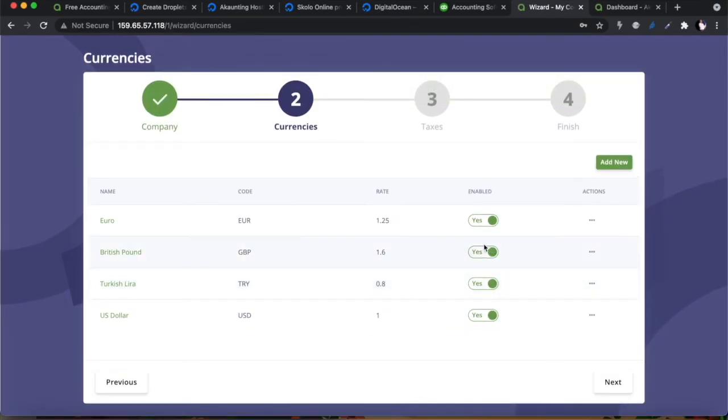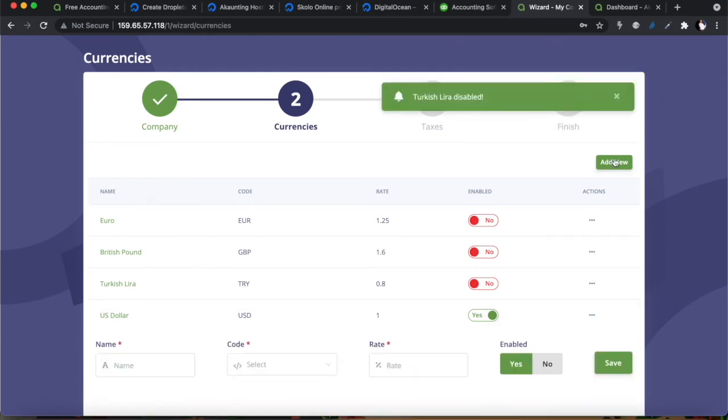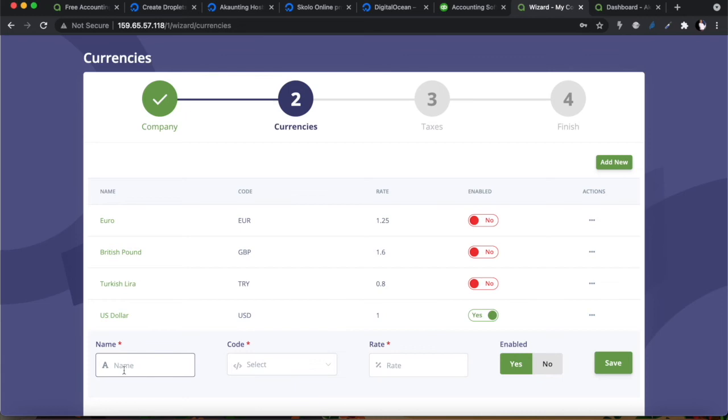So what I'm going to do there, I'm going to remove all of these currencies. I'm going to leave US dollar, and then you can add a new currency if you're in South Africa, for example, and you want to be specific about the currency of your accounting application. You can put in you are in South African Rand. And then I'm going to select over here on the drop down menu or drop up menu,